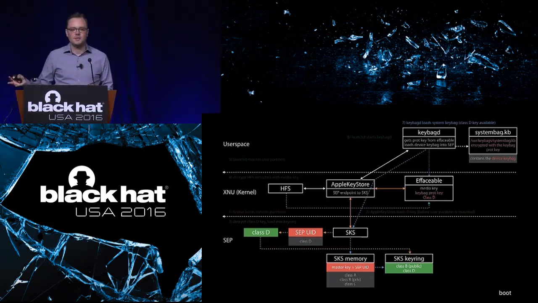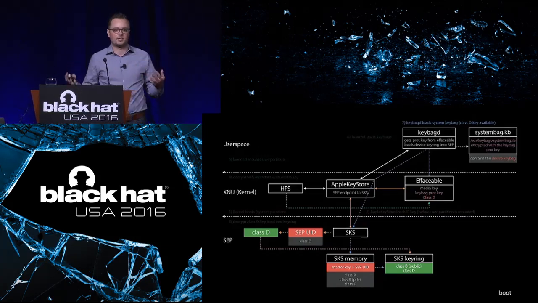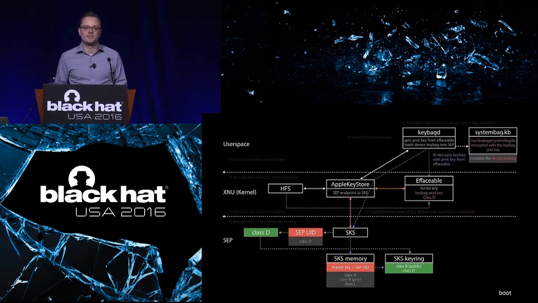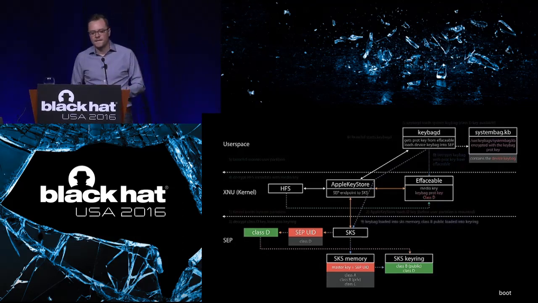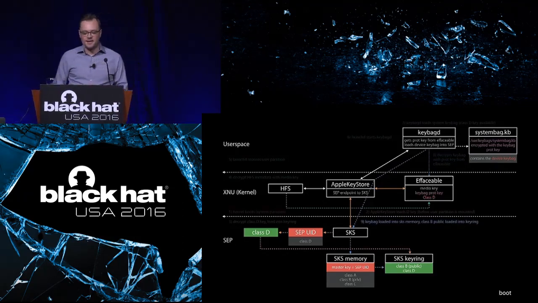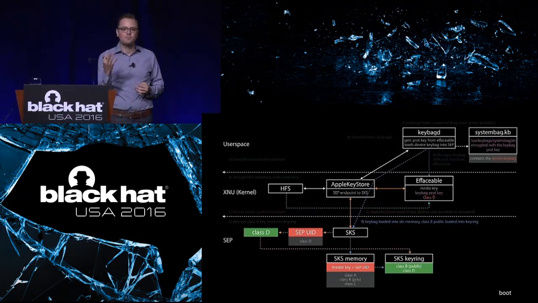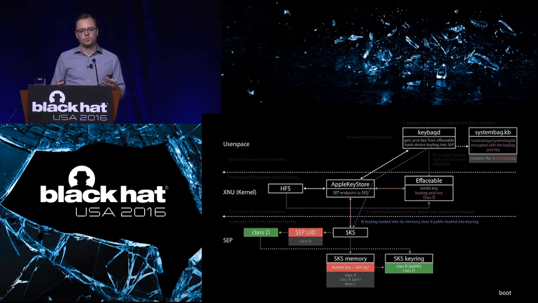Keybagd loads the system keybag, which is just sitting as a file in the file system, and it can do so now because our class D key is available. It decrypts this keybag using yet another key from effaceable storage called the protection key, and sends it into SKS, where finally the device keybag can be unwrapped, the class B public key loaded into the keyring. So if you look at what this means,